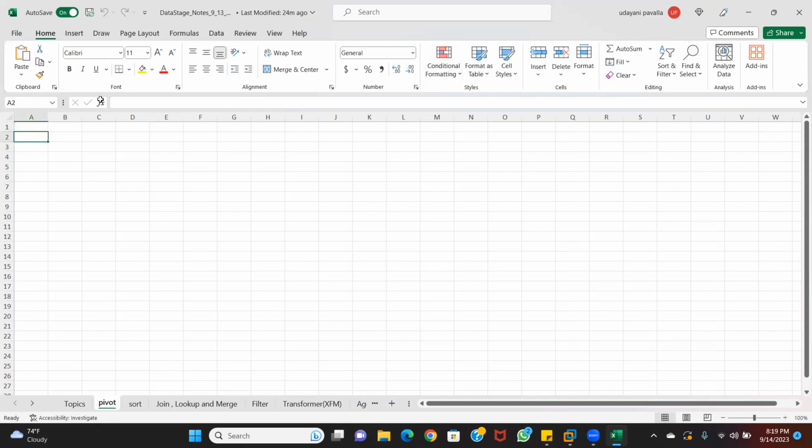So, in the pivot stage, it is just converting data from columns to rows and rows to columns. For example, if we have any student details,